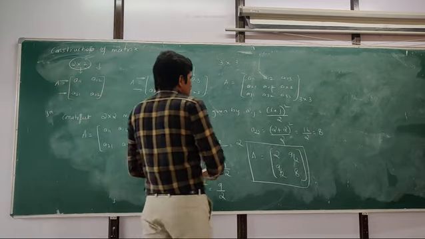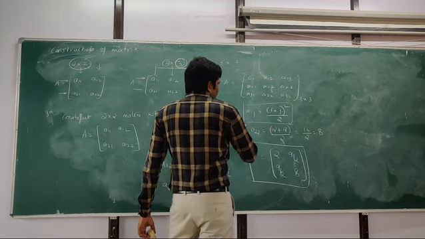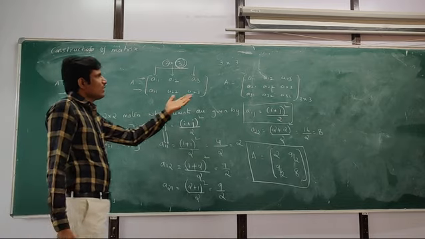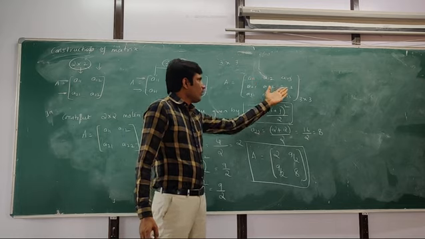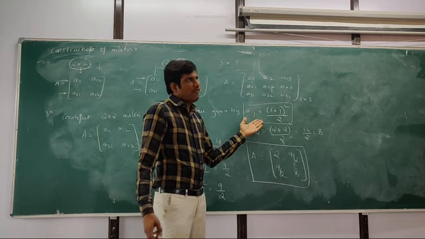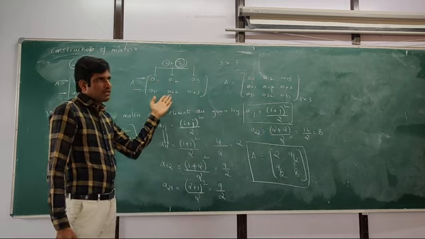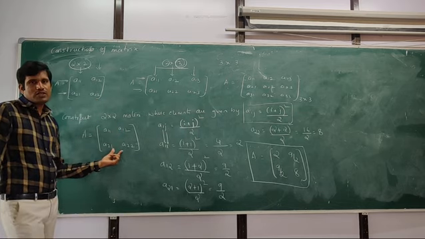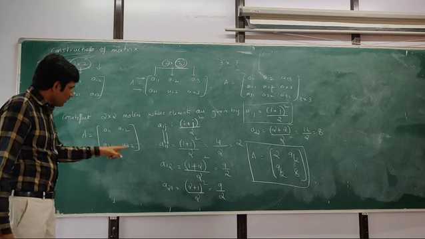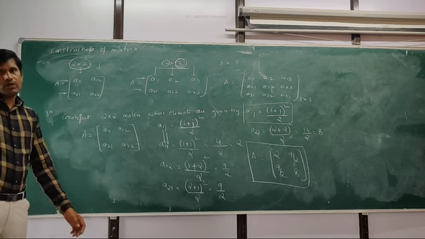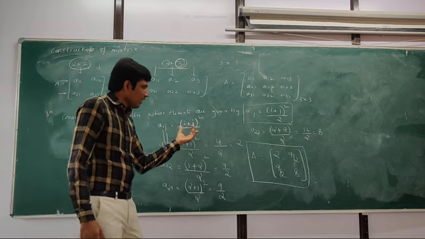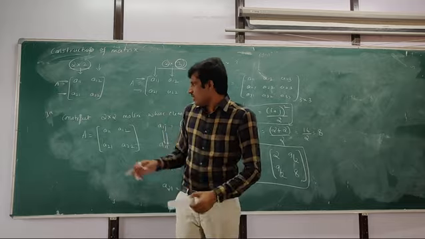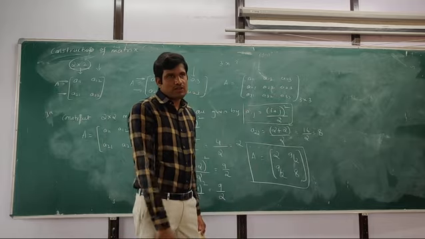So it is very easy, students. This formula is given in the problem. First you have to write the general 2 cross 2 matrix. If it is 3 cross 3, you have to write that matrix and find all these elements by using this formula. If it is a 2 cross 3 matrix, you have to write that matrix. Here it is given as a 2 cross 2 matrix. So first write the general representation of a 2 cross 2 matrix. Then find all these elements A11, A12, A21, A22 by substituting the i and j values in the formula. Then finally substitute all the values here. So that is nothing but construction of a matrix.